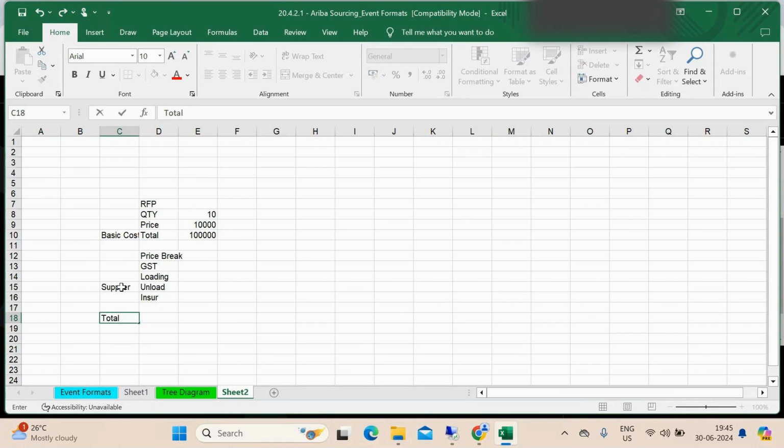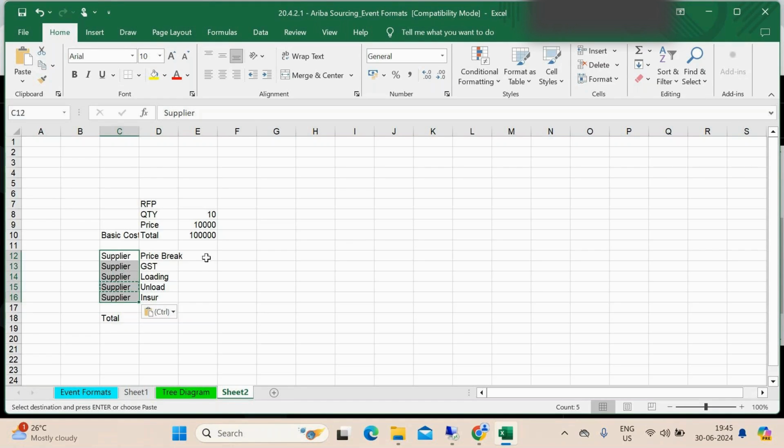Who is paying all the cost? The supplier. All GST including insurance, everything is paid by the supplier, that is called a total cost. Because only the supplier is paying all these things. This is always supplier provided, but sometimes the buyer will pay, so that is a price breakdown. This is a simple understanding of this terminology.